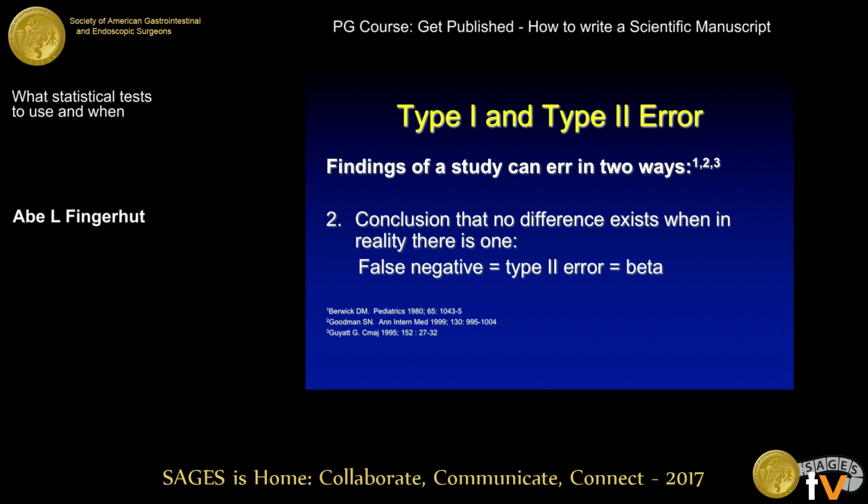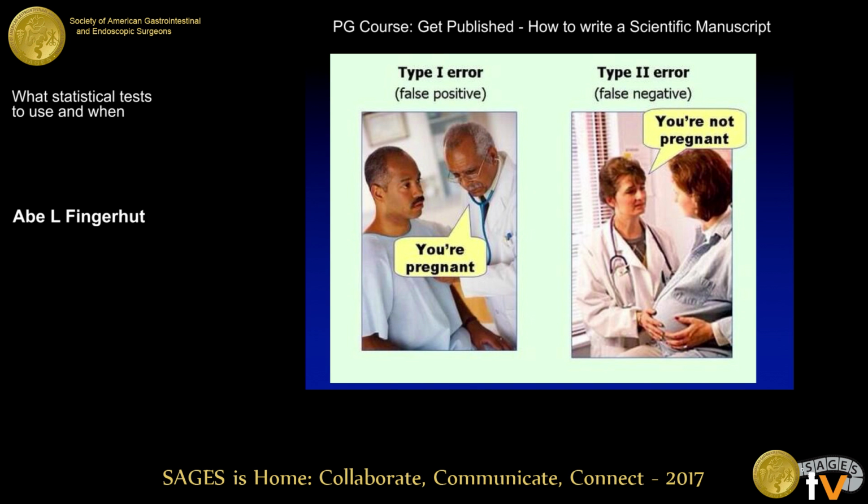Type 2 error is concluding that there's no difference, but in fact there is one. This is tricky. Type 1 error is easy to understand. Type 2 error is much more difficult. I've alluded to that before. I'm going to insist on it now. Take a look. I'm sure you're all going to understand what a false positive and a false negative is. You go home with that, you'll understand those two types of errors.